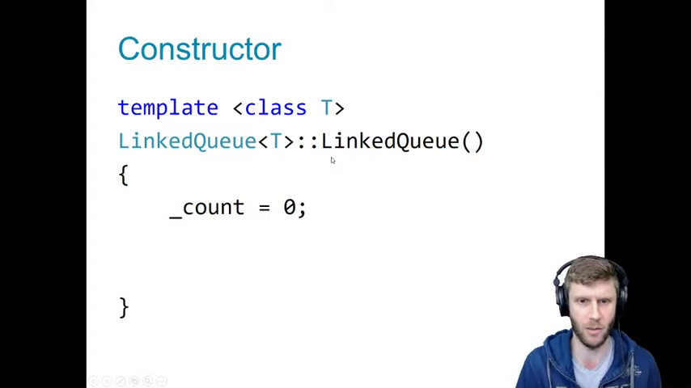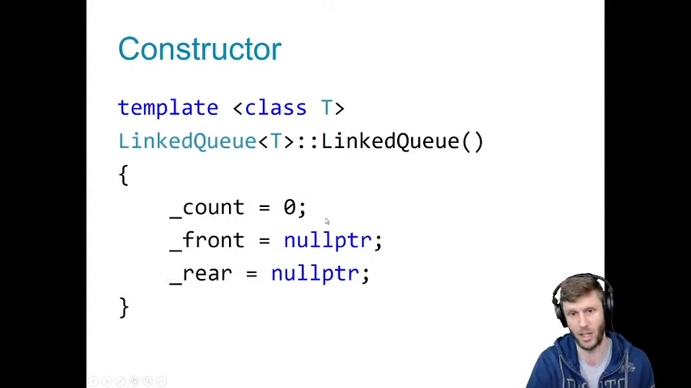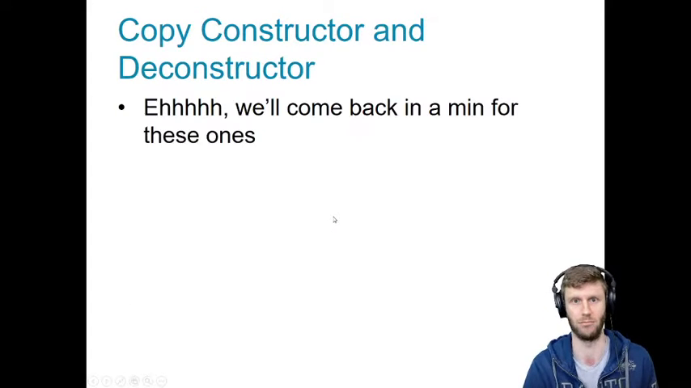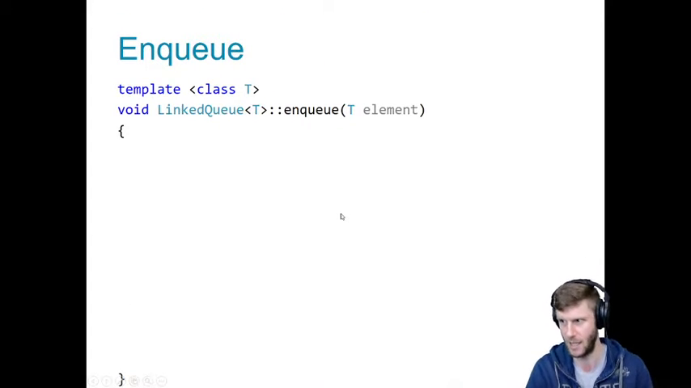So what's the constructor? Well, start count at 0 and have front be null pointer. Rear, null pointer. Copy constructor, we'll get back to that. Enqueue,